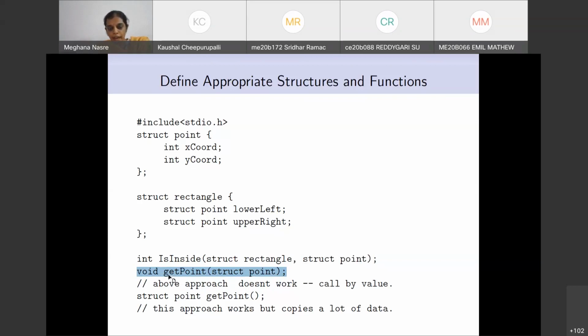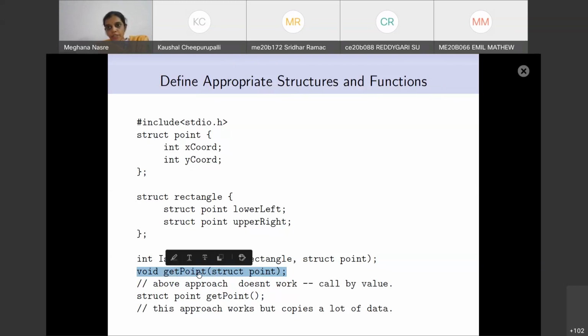Then if we have a variable named P1, which is for the point, that is struct point P1, and send this P1 from main, we have seen that this simply doesn't work, because structures are passed by value, and therefore you cannot hope to get the variable P1 in main populated by this function get point.